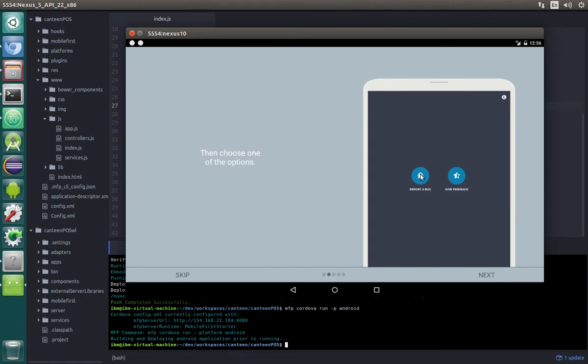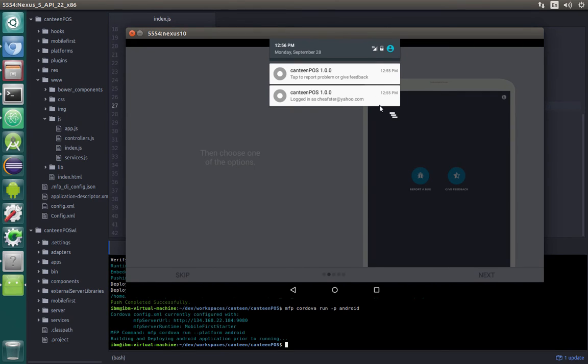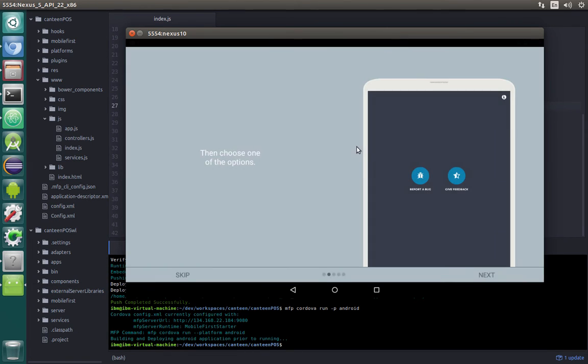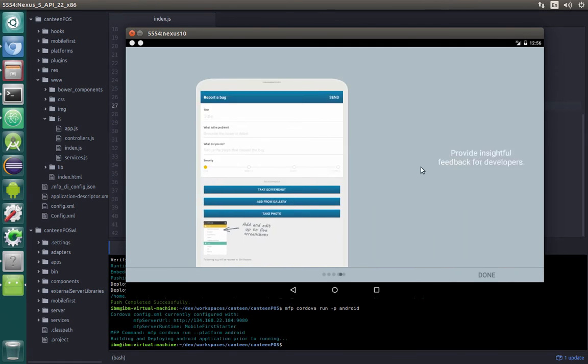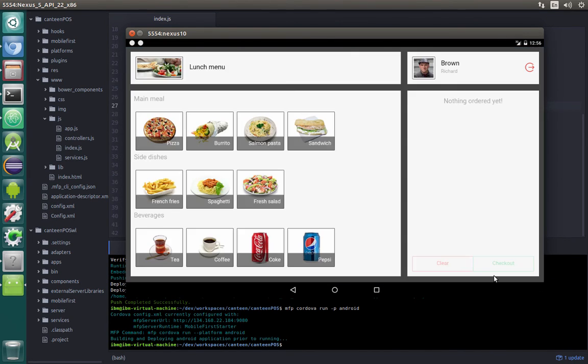So instead of only shake, we can also choose one of the options here. You can see that inside our status bar we have two options to report feedback, and we also see that we are logged in as myself, and you can type here and select either a bug report or a feedback. As you can see, this kind of window will show up. We will need to provide information about the bug and so on, so you can actually go through these screens and then click done. So now we have our app fully working as expected,